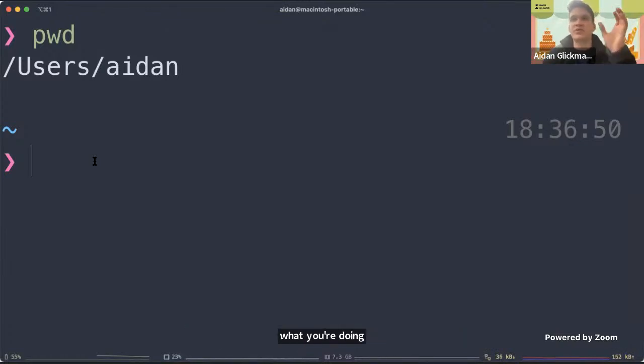So the analog to that would be, in Finder or File Explorer, the top bar that shows the current location of where you are. This command is sort of equivalent to that. The other thing you're going to need to look at where you are right now is